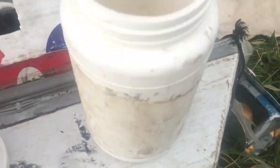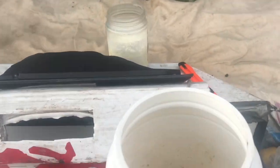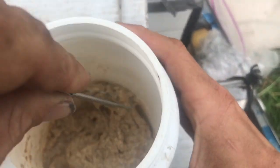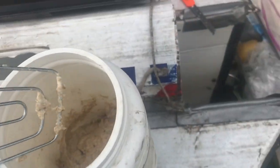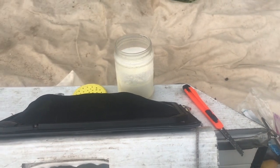It's got microbes working in it. Now I'm gonna stir it up, see what the consistency is. Yeah, that's sourdough right there. Perfect consistency. But since I'm gonna be putting in this new half batch of cheese